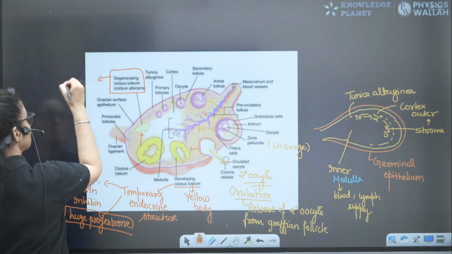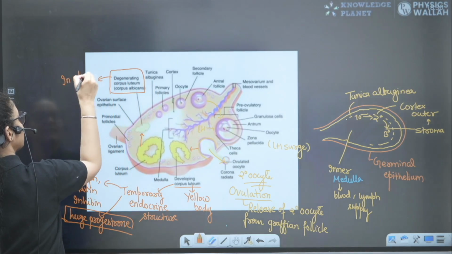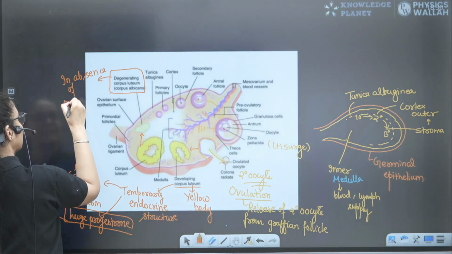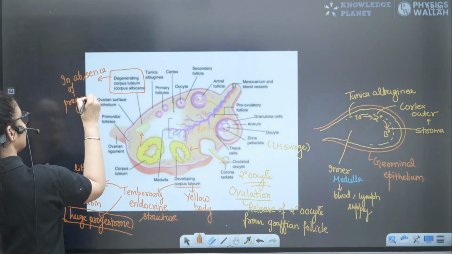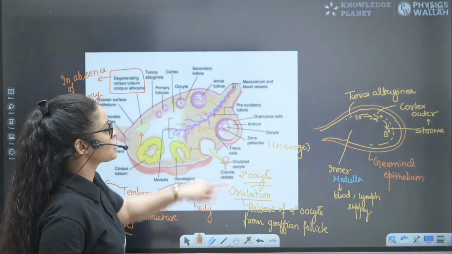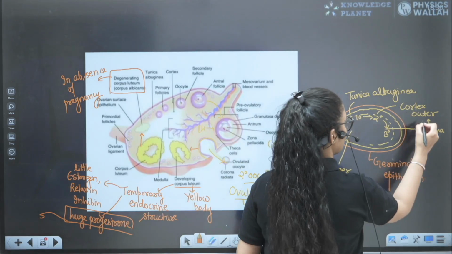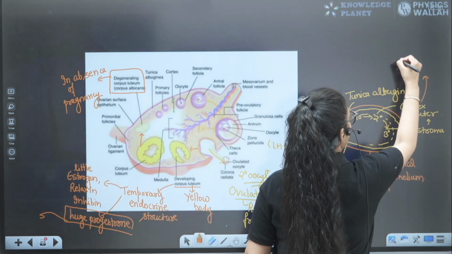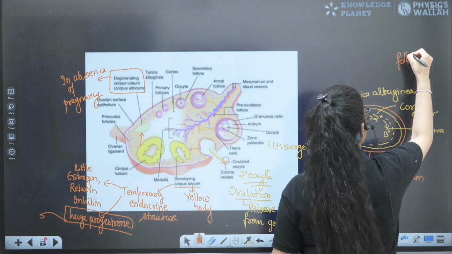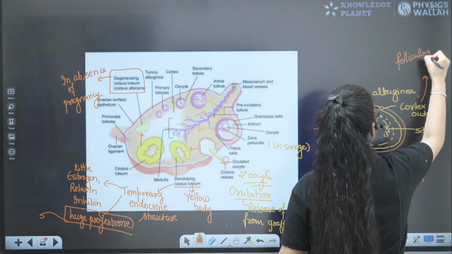So in absence of pregnancy, what happens? The corpus luteum degenerates. And all this is happening in the stroma cortex region. So in the cortex region of the stroma, folliculogenesis and corpus luteum formation happen, right? Folliculogenesis